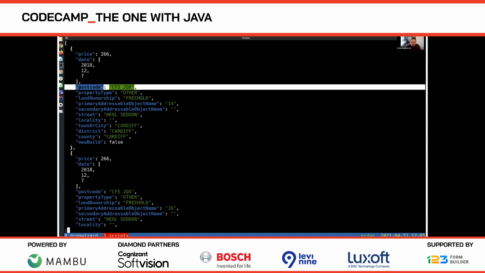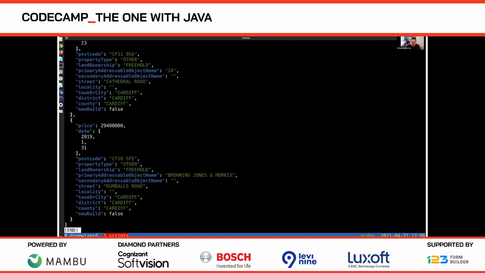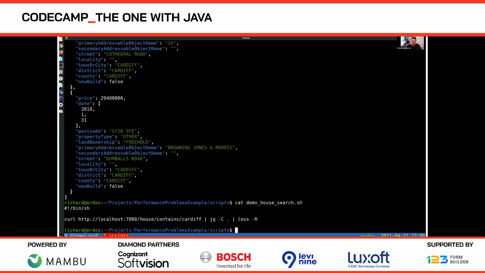It's got postcodes and address information in. And then if we go to the bottom of this JSON output, we can see the most expensive price, and we've got a search string there. If I go back to the script we ran to get that, we were hitting that endpoint. I'm pretty-print formatting it and running it through less so you could see things, but part of the URL is a query string for finding information out.